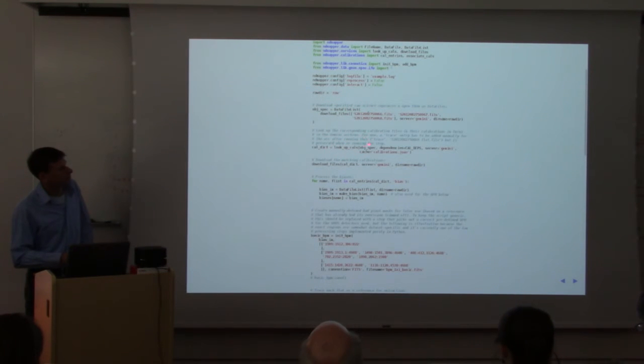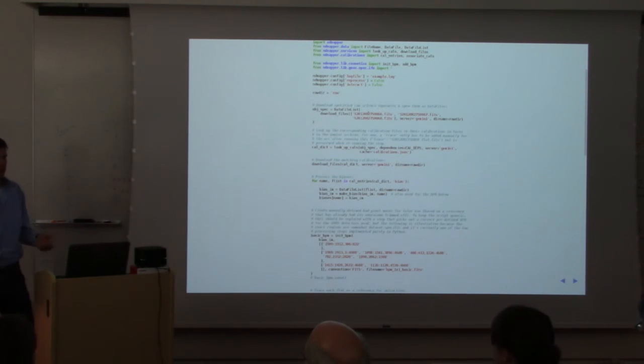There's a lookup function which will find all the calibrations for them, matches for them, put them in calibrations.json, and it reads them from there if that already exists. Then you can give that information to download files too, and so it will get all the raw files that you need to process your